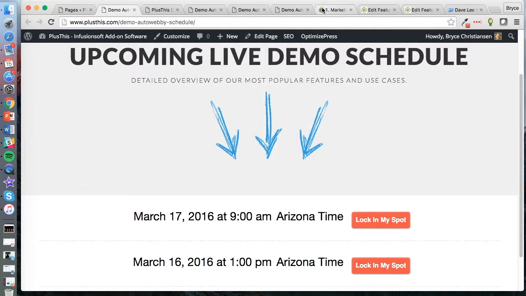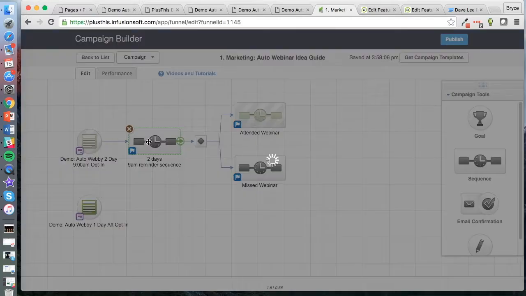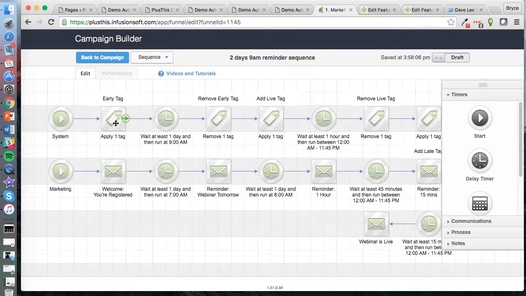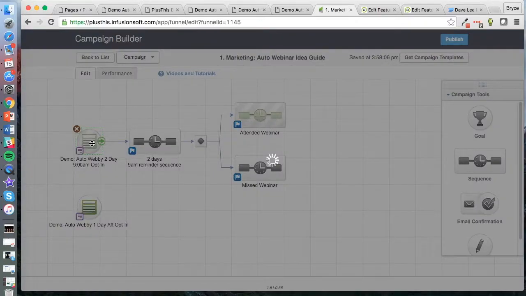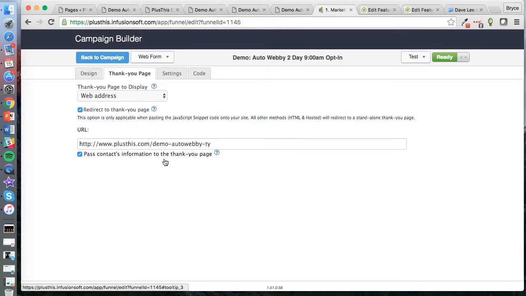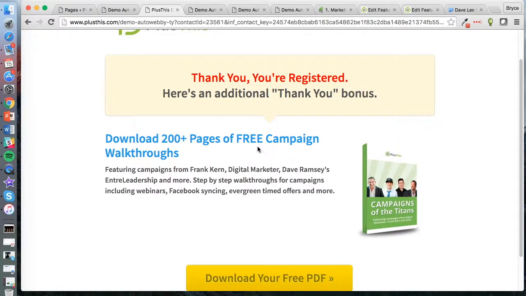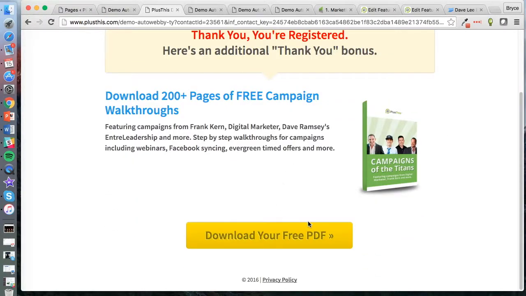If we look again at the next thing, you're going to see that they'll go into a reminder sequence, and we'll start tagging them and doing some other things later. But all we've done from that form, let's go back really quick. On this form that they're filling out, you can see it's just first name and email. For the thank you page, we just send them to the thank you page that we want, which was pretty straightforward. Just another LeadPages kind of thing. And because we actually have another thing they could possibly opt in for,